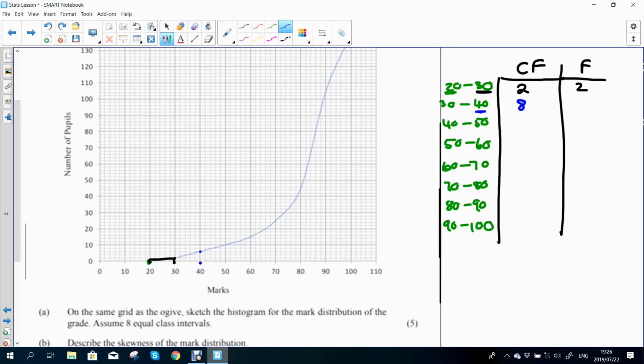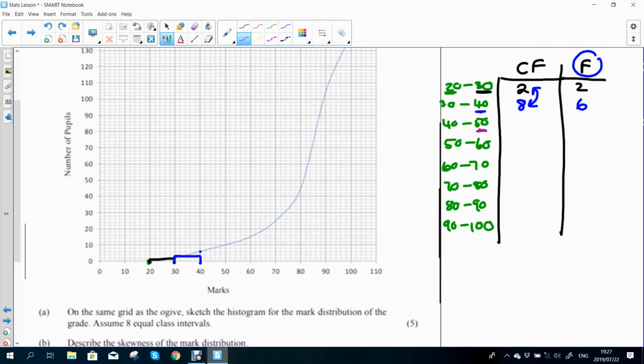Now you must be careful, because I need to draw the histogram, and the histogram uses the frequency. It doesn't use the cumulative frequency. So what is the difference? If there's anything that you remember of this lesson, guys, it's that the difference between your cumulative frequencies gives you your frequency. So what is 8 minus 2? It's 6. So you want to go up to 6 to draw your next one. So 2, 4, 6, just up to there. You're going to come down, and we're going to close the little bar, and there we go. Okay, let's take the next one, 50.